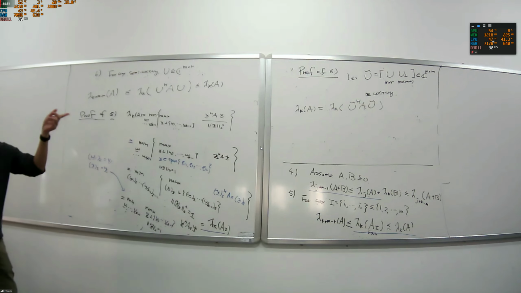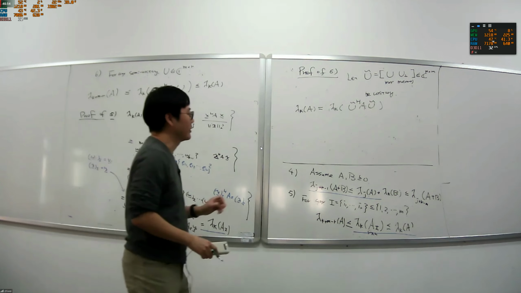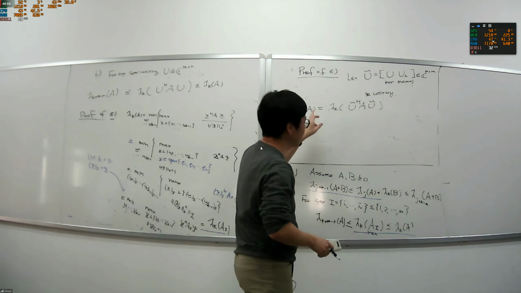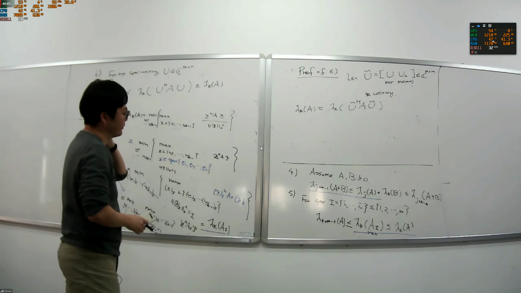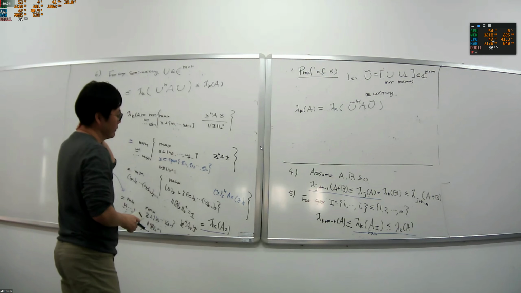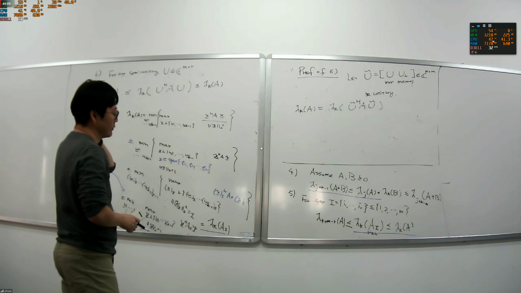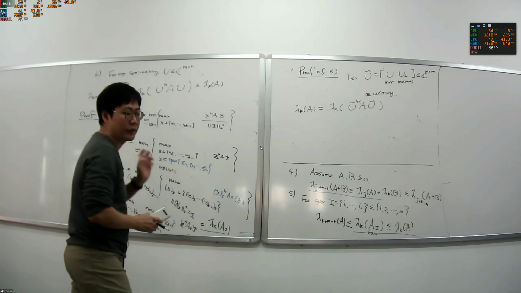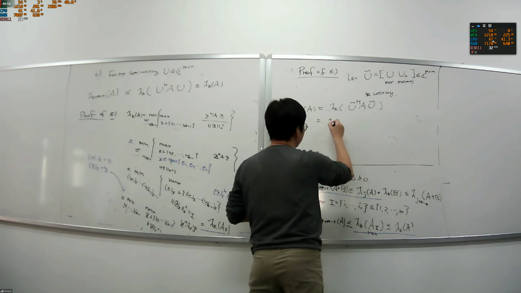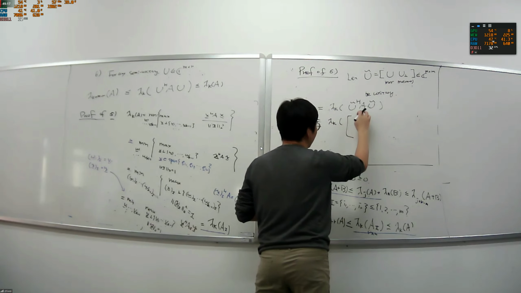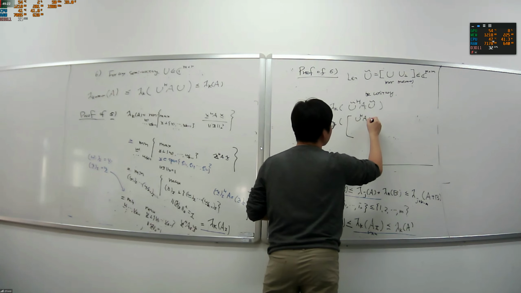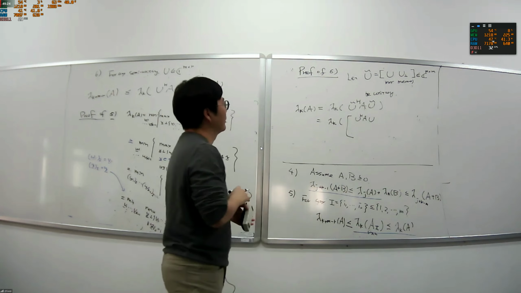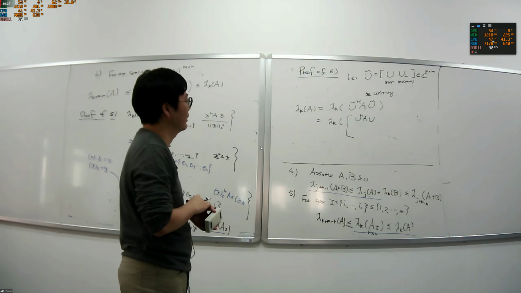The two matrices are similar, so a unitary transformation doesn't change the eigenvalues. Then you see U tilde Hermitian A U tilde is what? Is U Hermitian A U,